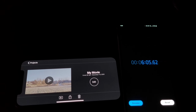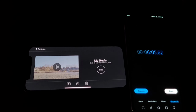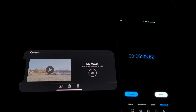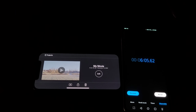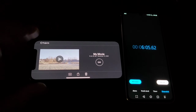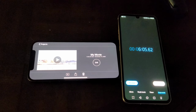So how do I unpack this? How do I talk about this and not sound like a snide dick, basically, or an elitist or something like that, right? So even using Apple's own software with their hardware,